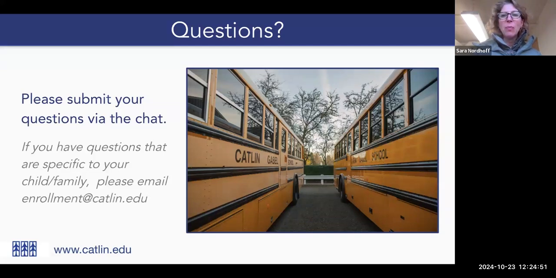Super. This next question is about components of the application and how we weigh the different components. Specifically, does sports play a factor in how we make admissions decisions in the middle school? Yeah. So I wouldn't say that there's any component of the application that is more important than any other. We've really considered over the years exactly what the component should look like. So every part is important.